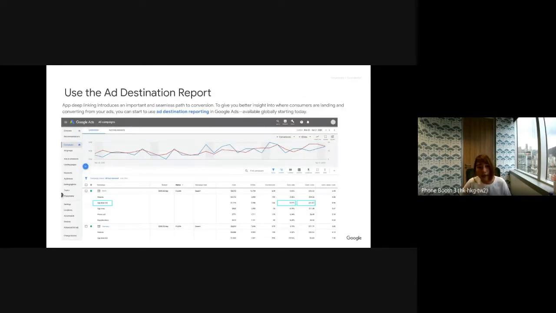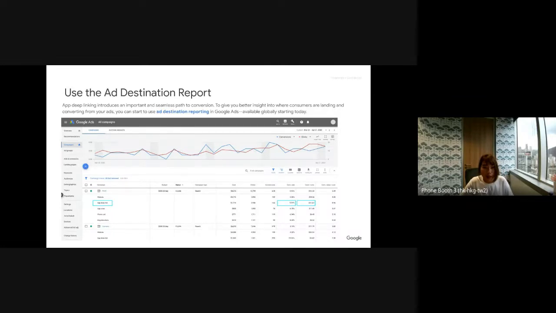And once you have the deep link set up, here's how we would recommend looking at how our ads are driving users to the deep link. On Google Ads, we can break down reporting by ad destination.